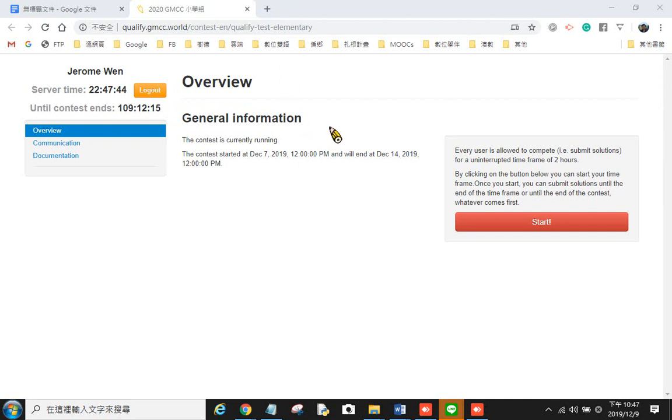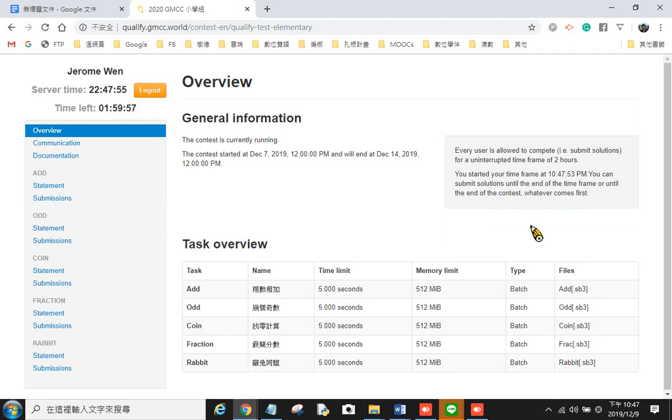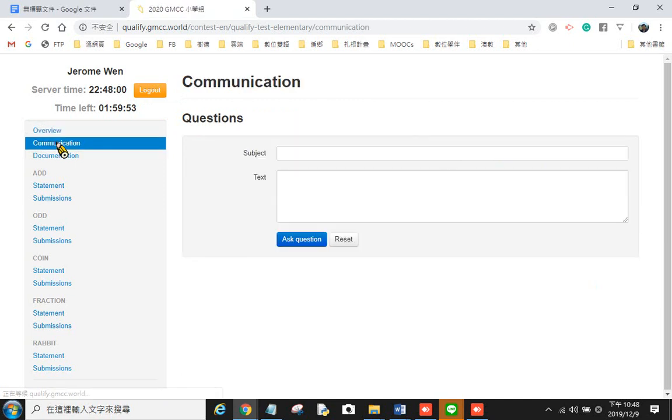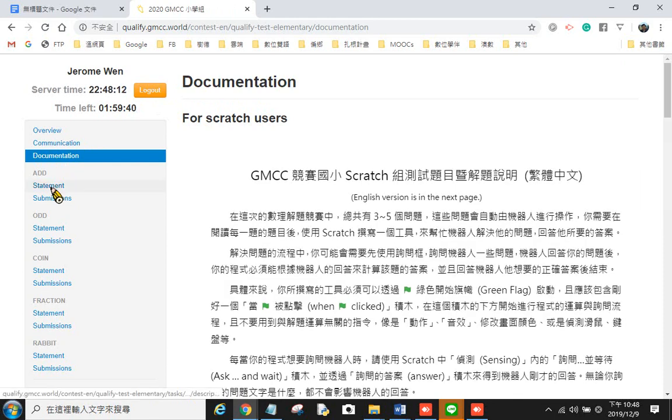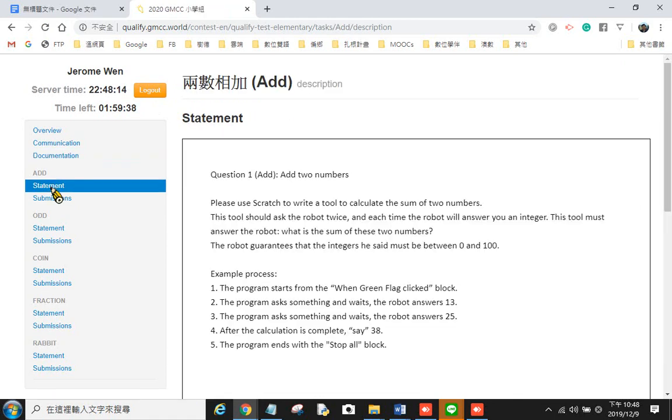When you log into our online judging system, you can see this screen. So you just click Start, then it will come to here. Let's see, there is a communication. If you have any question, just give your question here. We will have someone to answer you. And then this is documentation for Chinese, and then statement. Okay, this is the statement for